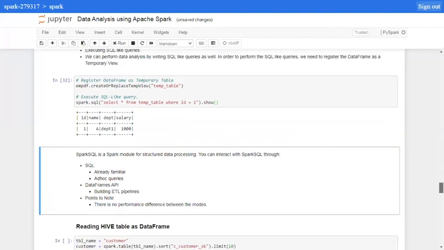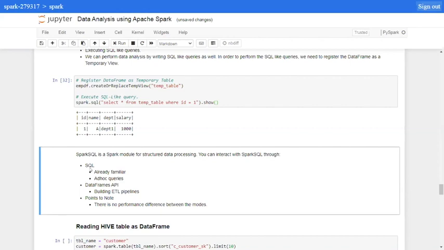There are some pointers which I can share. For example, if you're already familiar with SQL, yes, I would suggest using SQL, because under the hood, it will create a Spark job for your SQL query, and you will get all the optimization which you can get from the data frame API as well. So in terms of performance, there is no difference between the two strategies. So when to use what then? If you're already familiar with SQL, or if you would like to adopt existing queries, it makes sense to use SQL queries.